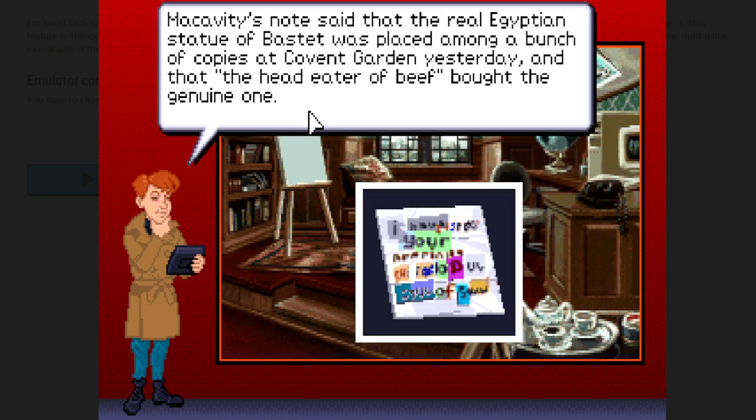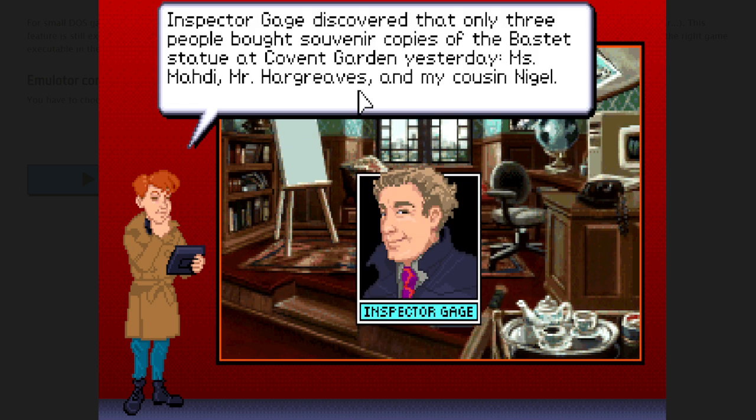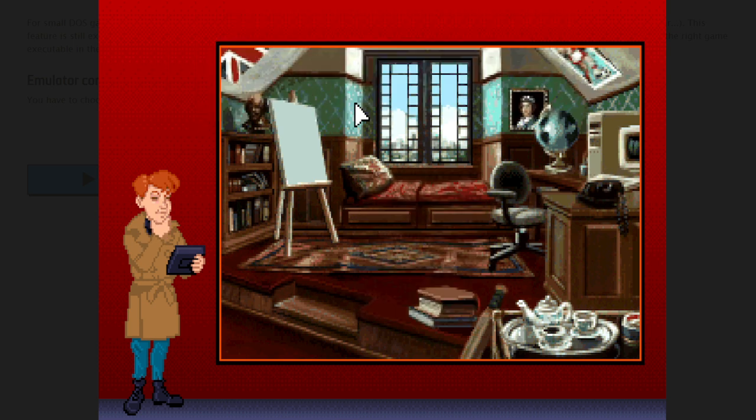Mr. Beefeater. McCavity's note said that the real Egyptian statue of Bastet was placed among a bunch of copies at Covent Garden yesterday, and that the head eater of beef brought the genuine one. Inspector Gage discovered that only 3 people bought souvenir copies of the Bastet statue at Covent Garden: Miss Maudie, Mr. Hargreaves, and my cousin Nigel.